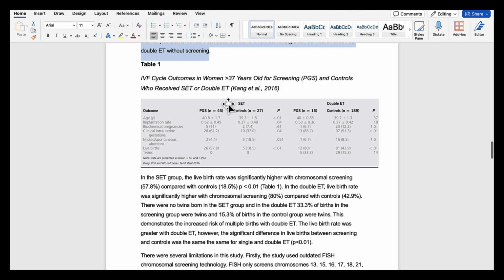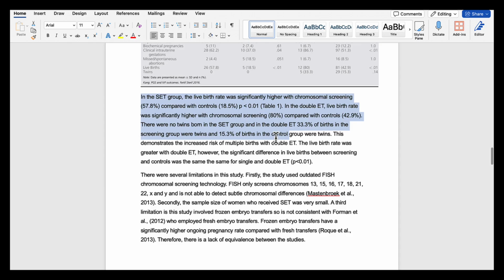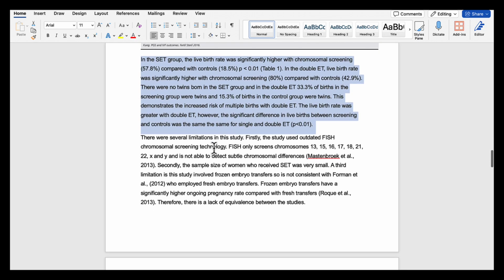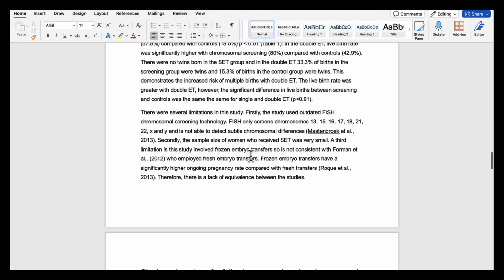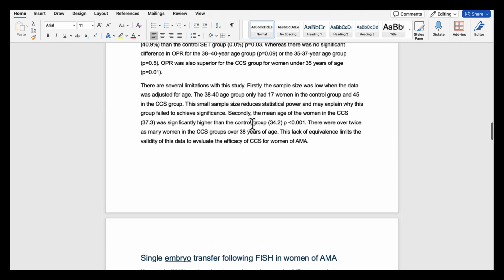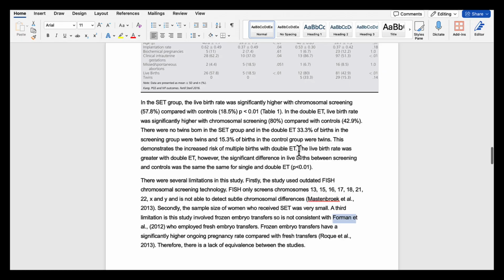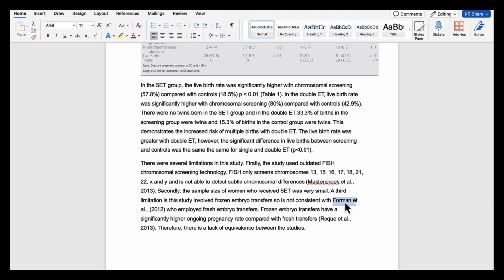Okay, so everything that you need there to introduce the study. And then we're going to put in the table. This time it's a table. Okay, and then what the main findings were. Again, a paragraph, and then the limitations. Now, also, I'll just show you here that what I've done is I've linked back to the first paper, but I didn't say not consistent with evidence 1 or article 1, but I've actually said consistent with Foreman et al. Okay, because that was Foreman, was this paper. So don't say consistent with evidence 1 or not consistent, say not consistent with Foreman.